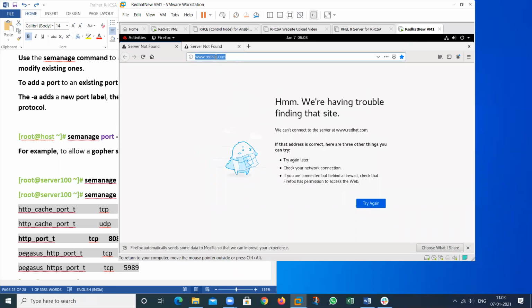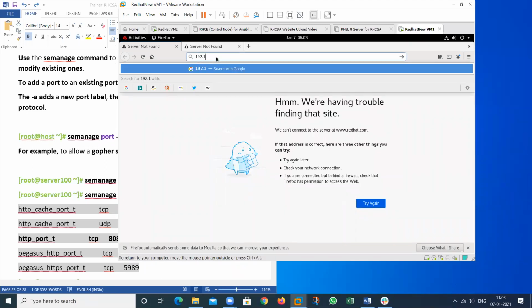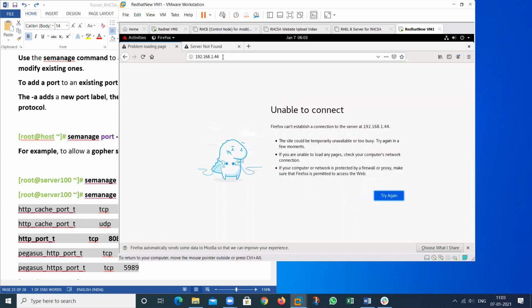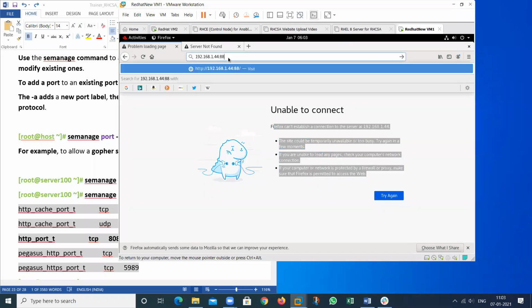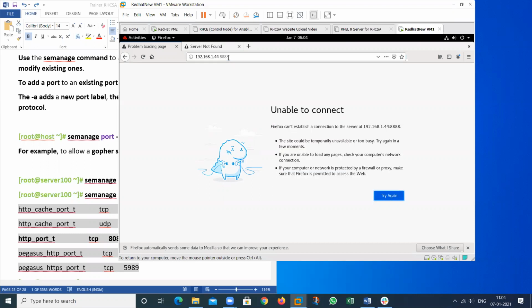So type here 192.168.1.44 in Firefox, and type here the port number, that is 8888.